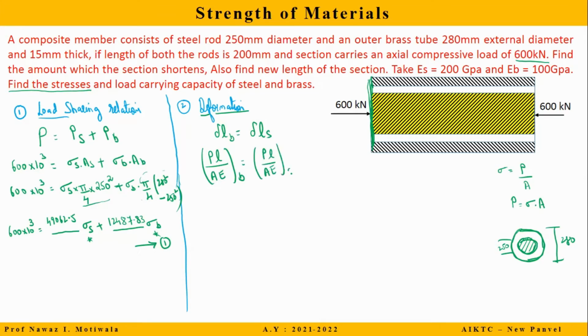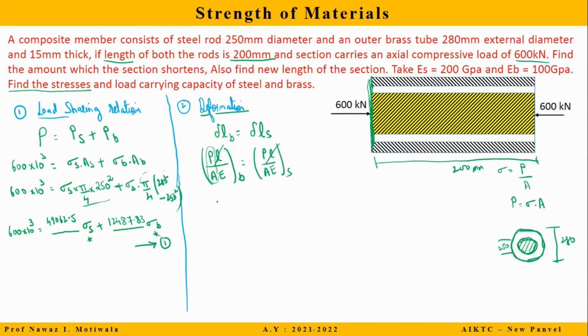of steel. Now, in the question, it is given that the length of both the rods is 200 mm. So if the length is 200 mm and equal for both, I can cancel this length on both sides, yes or no? Yes. So now I remain with P by A into E of brass is equal to P by A into E of steel. Now one more shortcut I have given you to reduce the calculation. I have told you that this P by A can be written as what?